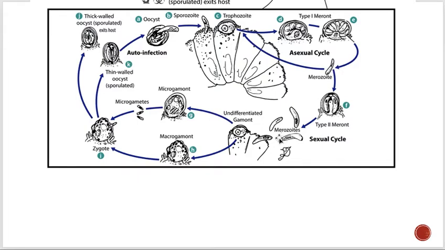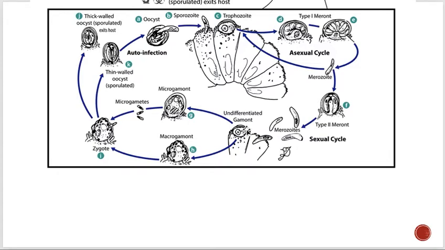Okay, and then they again will bind, and again they will be engulfed by the epithelial cell, you can see over here. Okay, so see, they are incorporated and then they went into asexual reproduction and then they are released, and the merozoites are binding with the epithelial cells again. Now these merozoites will go into sexual reproduction this time, right? This one is asexual merogony, and this one they are going to enter into sexual reproduction.